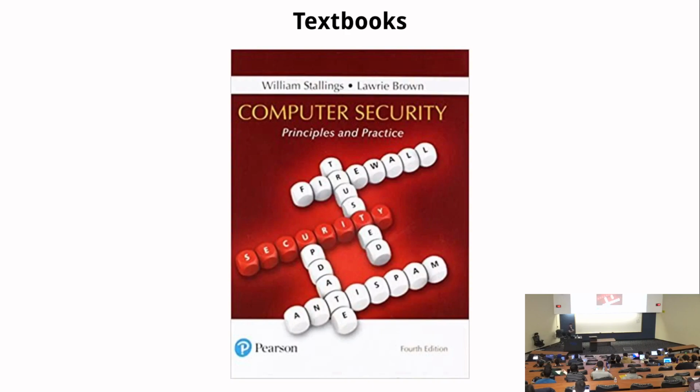Our materials in class, I would say, will be a little bit more in depth than this book covers. A lot of the materials are from other books and from our own experience. Like I said, I usually do not teach this course. The professor who usually teaches this course is on sabbatical this year. That's why I'm covering for that professor. So I'm trying to follow her style here, and this is a book she chose.